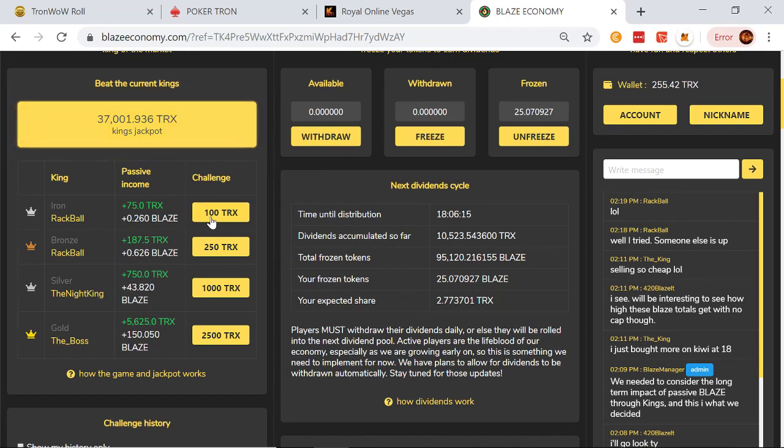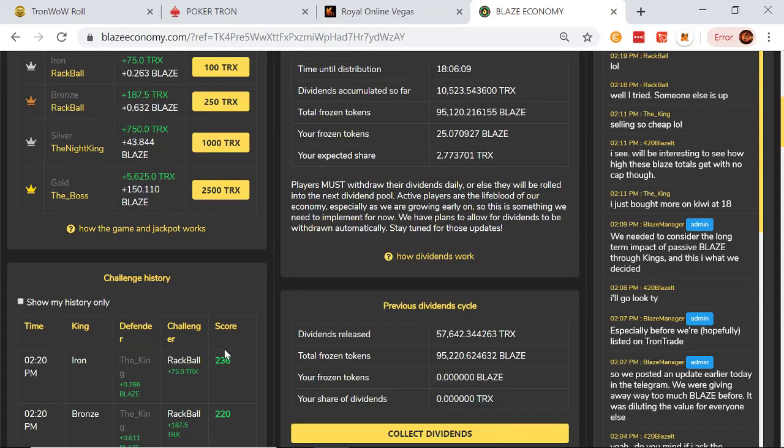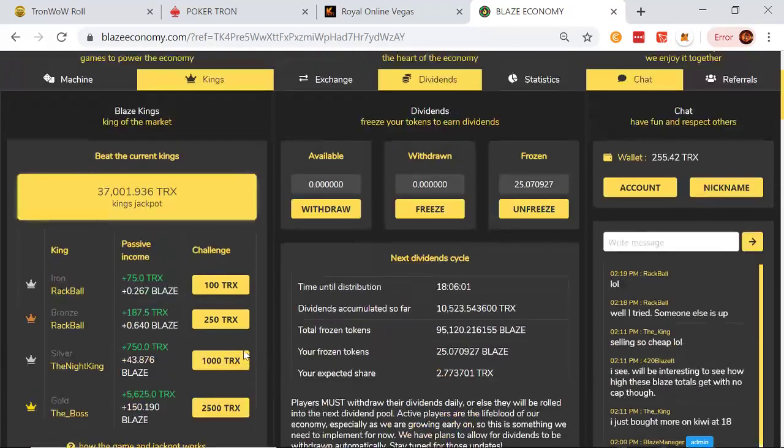The way it works is you bet 100 Tron, and it's a 50-50 roll that shows up down here. The scale is 400. Over 200, you're going to win, I think, and under 200, you're going to lose, however that works. It's a 50-50 coin flip on whether you stay or go. If you bet 100 Tron and you beat him, you get your bet back and you win 75 Tron. Every time you're challenged, you get 75 Tron. Everybody who challenges you and loses, you get 75 Tron, every single time, indefinitely, until they win.